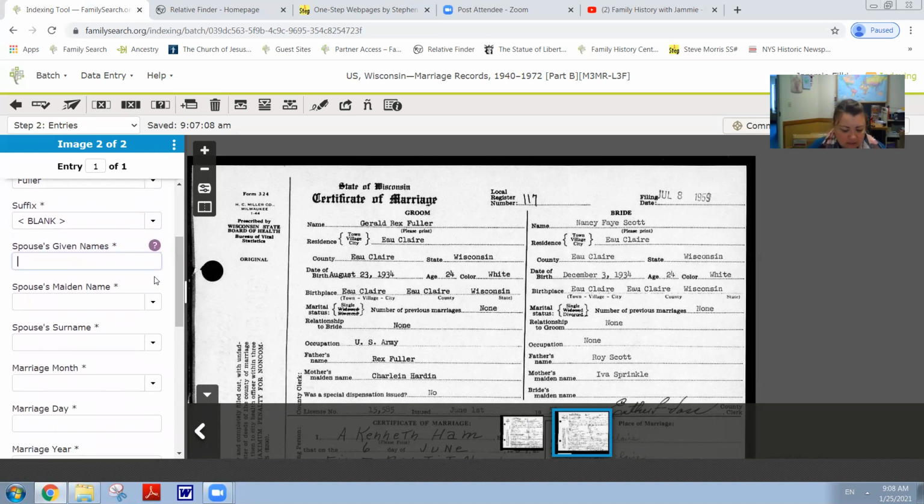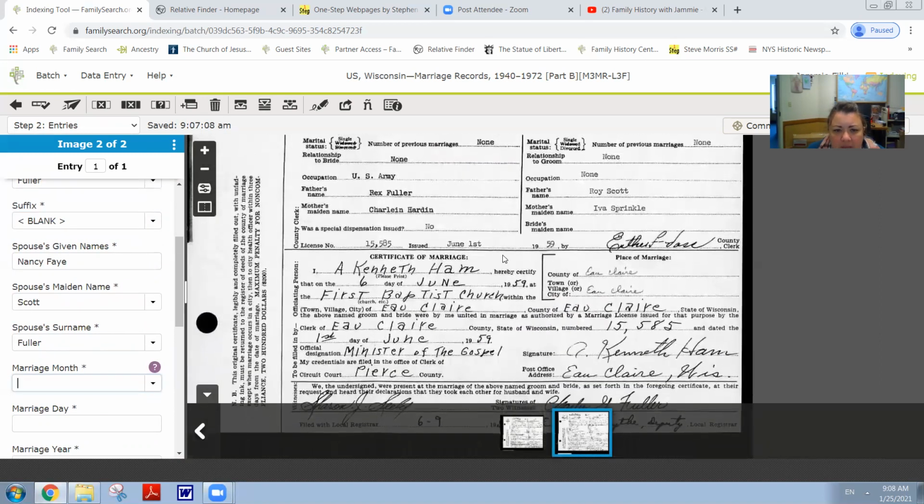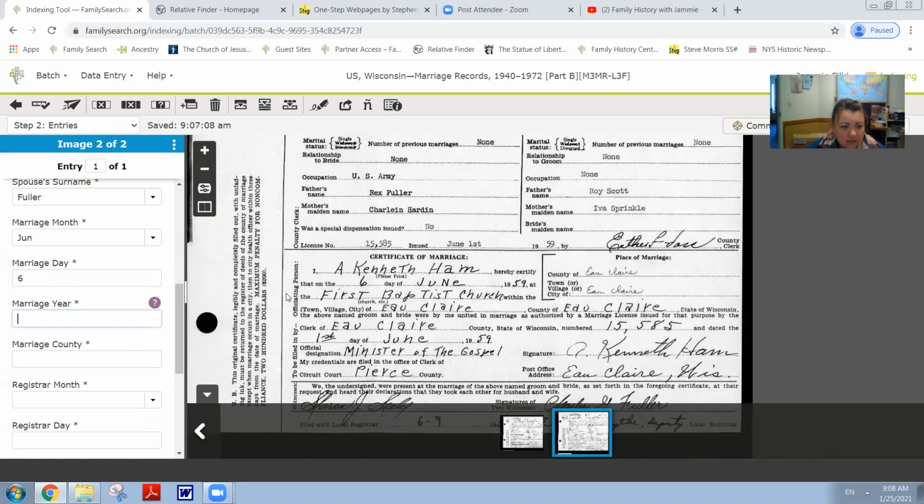Spouse's given name, Nancy, Faye. Maiden name, Scott. Surname, Fuller, because she just got married. Okay. Marriage month. June. Remember, it's a three-letter month on the 6th in the year 1959 in the county of,